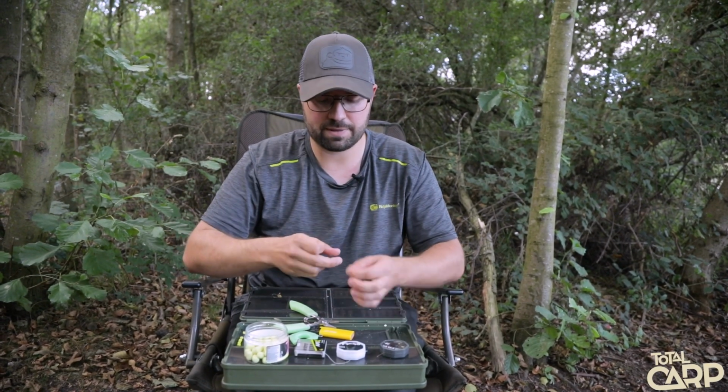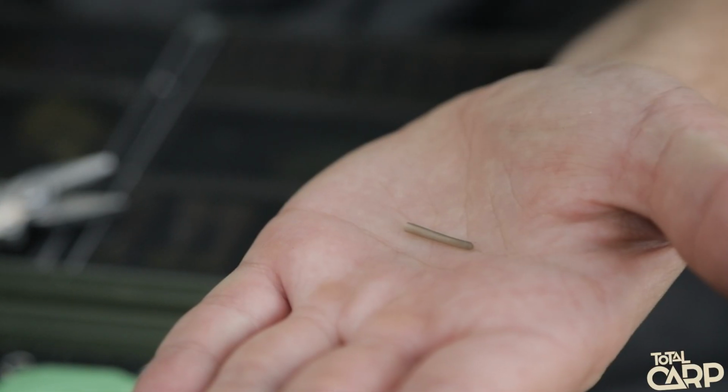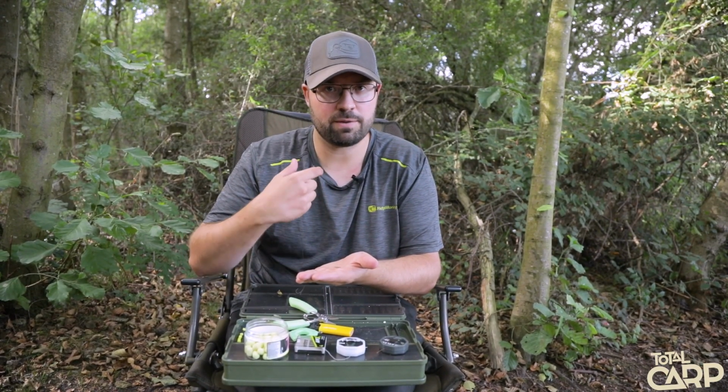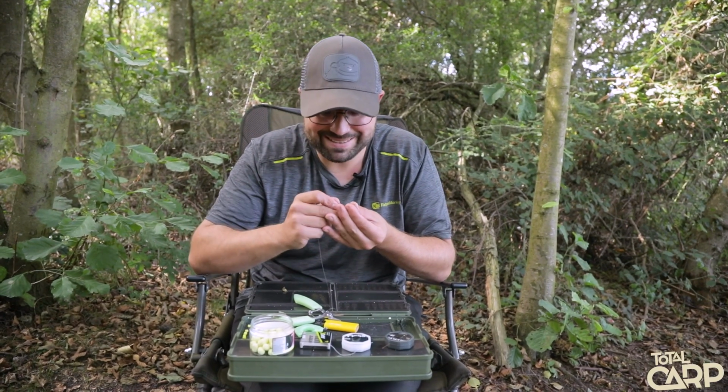So to do that, I take one of our little medium curve kickers. These are absolutely brilliant. I used to do this with shrink tube, but a lot of the fishing I do down these open access venues, I need rods in the water for the most amount of time, so I need everything to be quick. So it saves me steaming